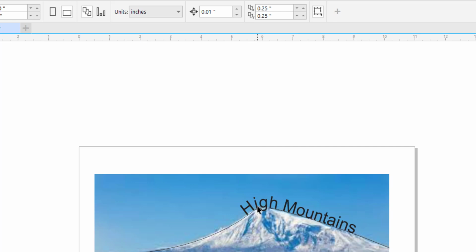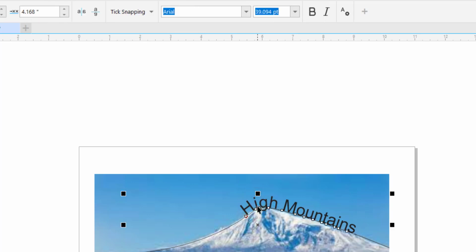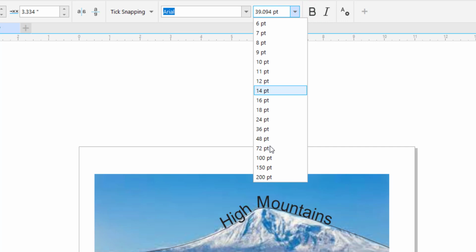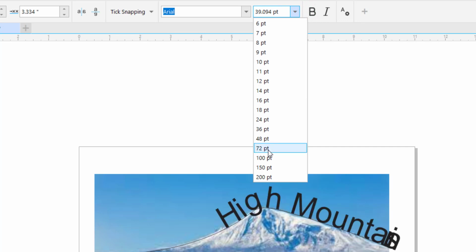Okay, but let's say, like I said, you don't like that placement. Well, it's not a problem. You go in here and you see these little dots here. If you click on the very first one, you can click it and drag that text along that path to get a more desired result. So let's say that's about where I wanted it. And then, like I mentioned earlier, at this point you can still click on it and adjust the point